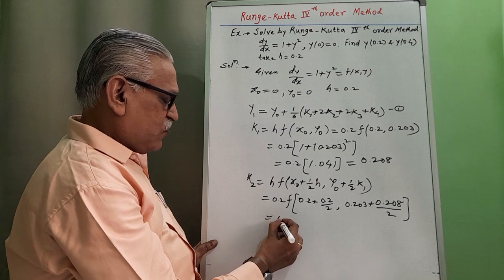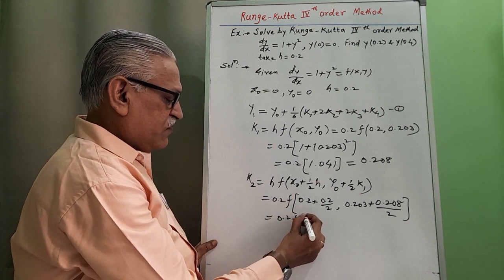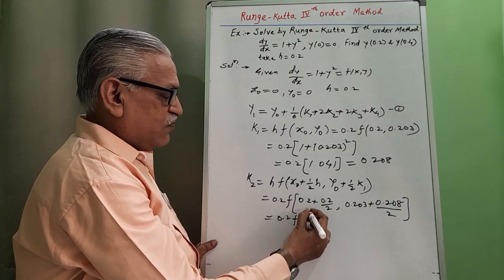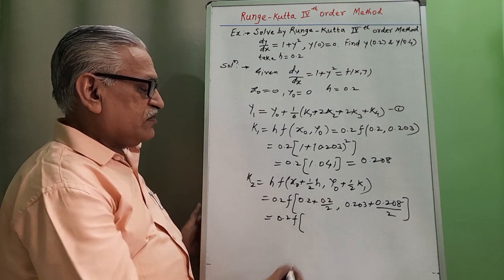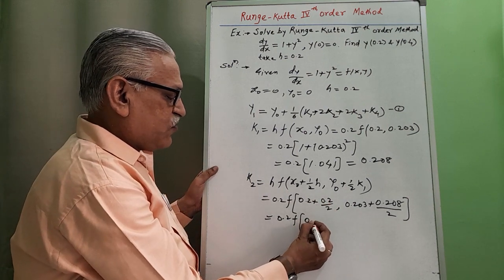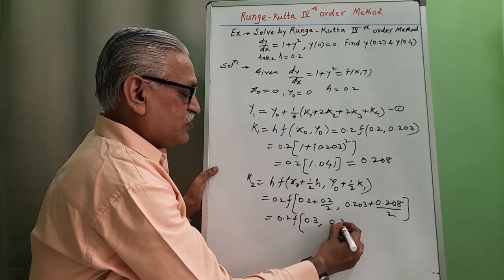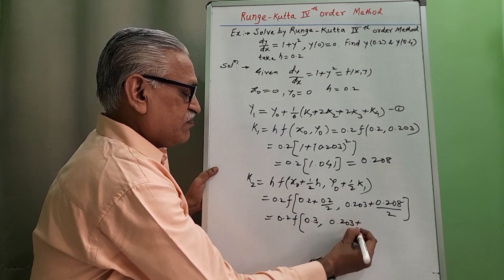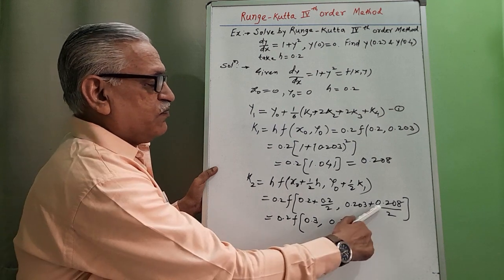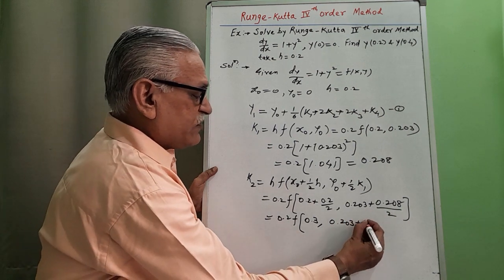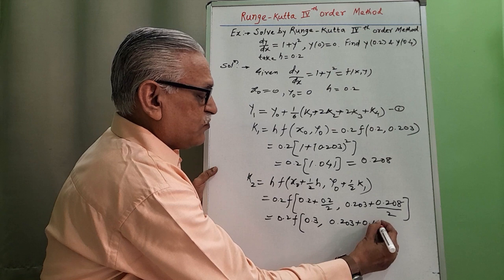It is equal to 0.2 function of 0.2 plus 0.1, we get that value as 0.3, 0.203 plus, dividing by 2, we get that value as 0.104,